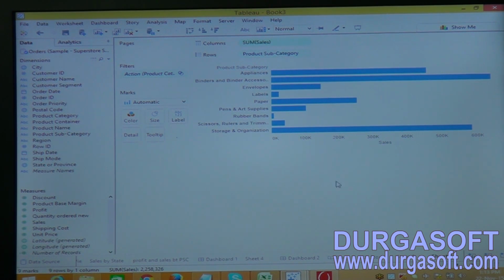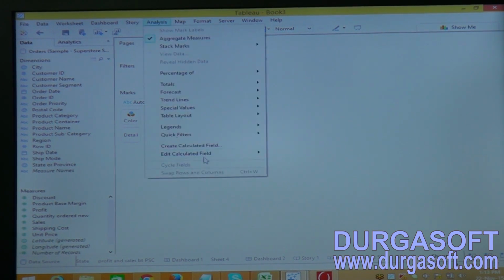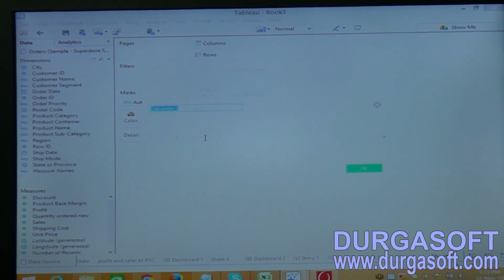Now let me create one more action by using different shapes. I have a button here, and I just give it the name button.